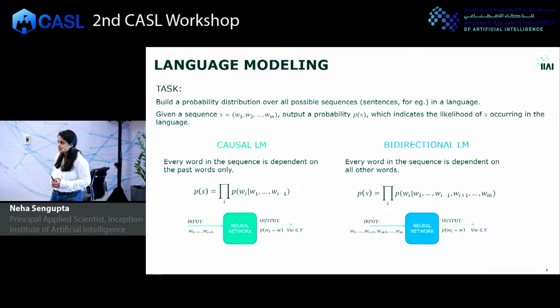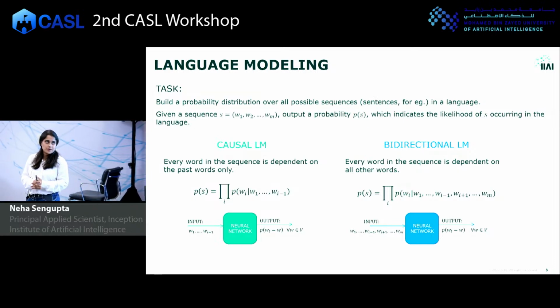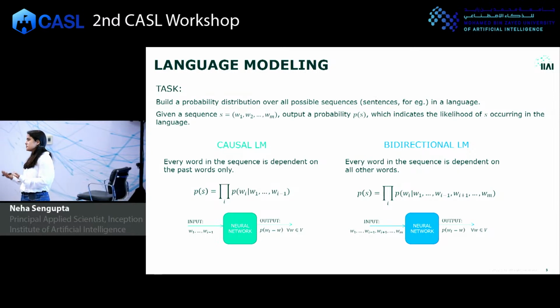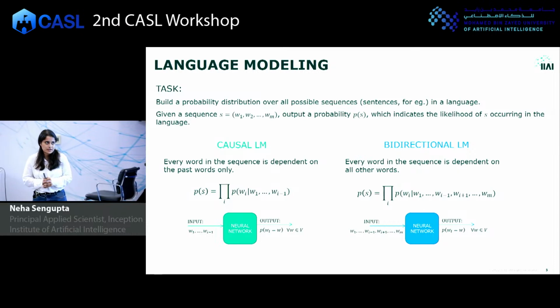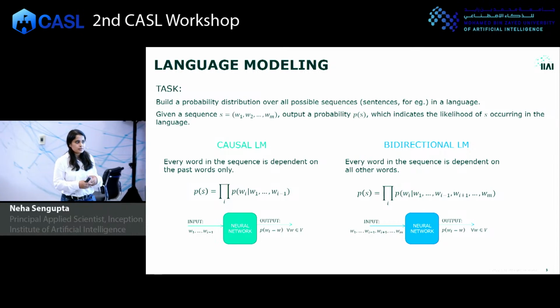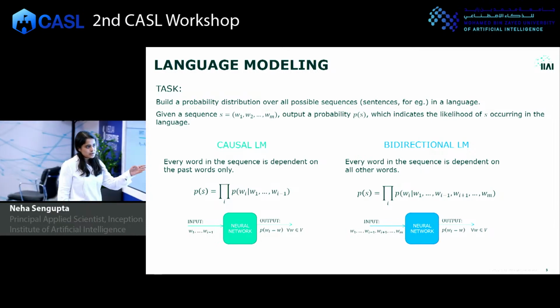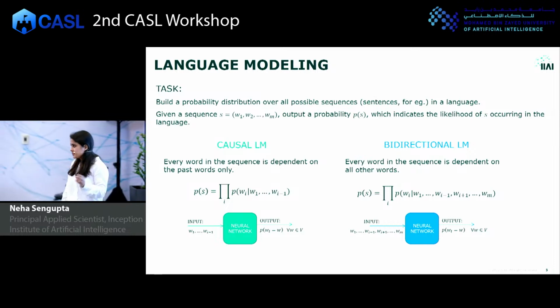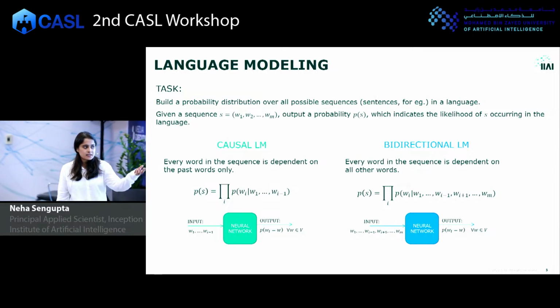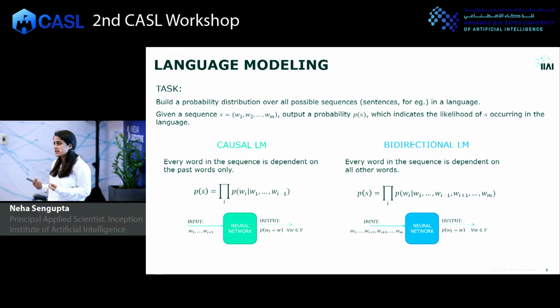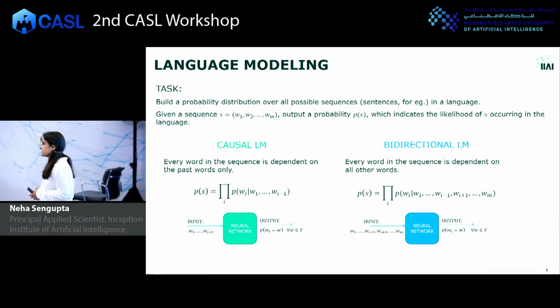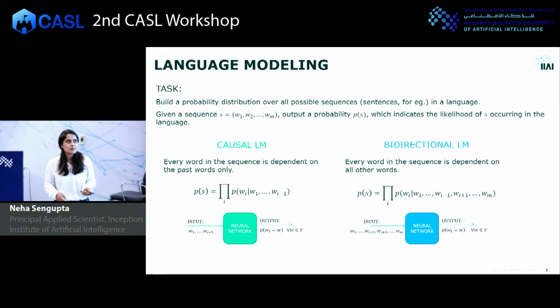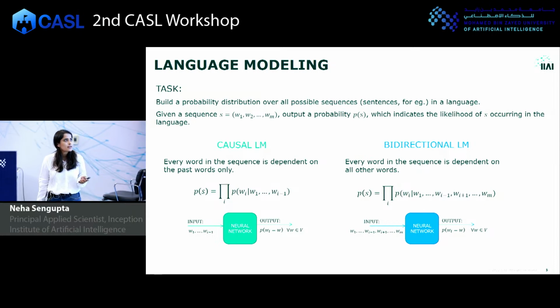Then we have bidirectional language modeling, also something we are exploring, which says that a word does not just depend on the words that appeared before it, but a word depends on the words that appeared before it, as well as the words that appear after it, right? So here your input is actually all the words except word I, which is either masked or replaced with some other word. And the task of the neural network is to predict, or basically output a probability distribution over all the words in the vocabulary for that specific position.